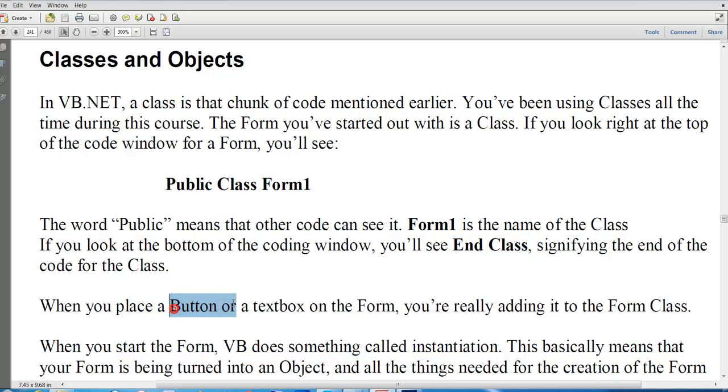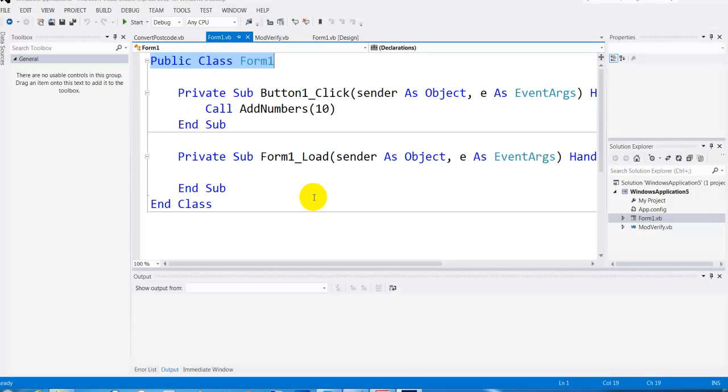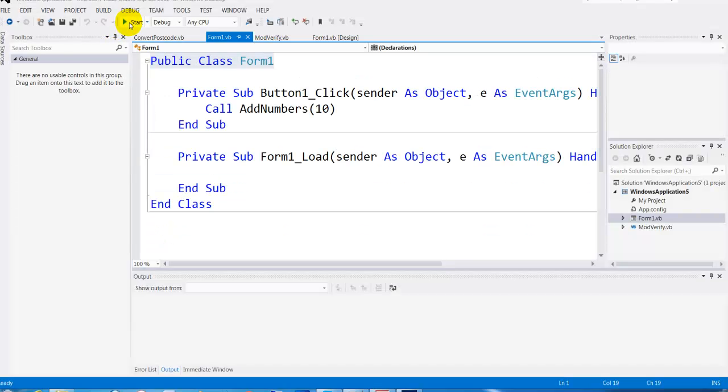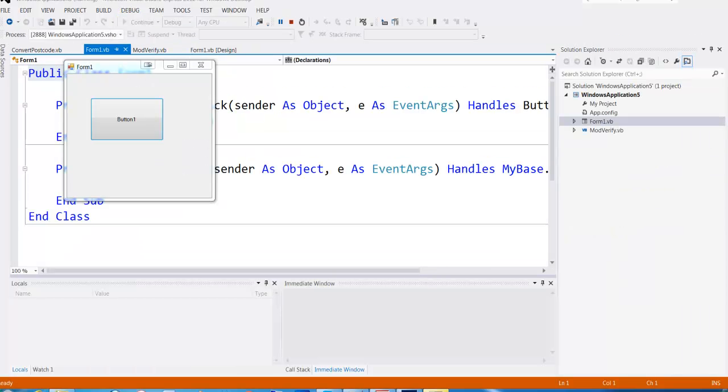He says when you put a button or a text box on the form, you're really adding it to the form class. So you can see that here I have a button in there, so it's part of the form class. Now he says when you start the form, in other words when you click up here to start it, and you get this,